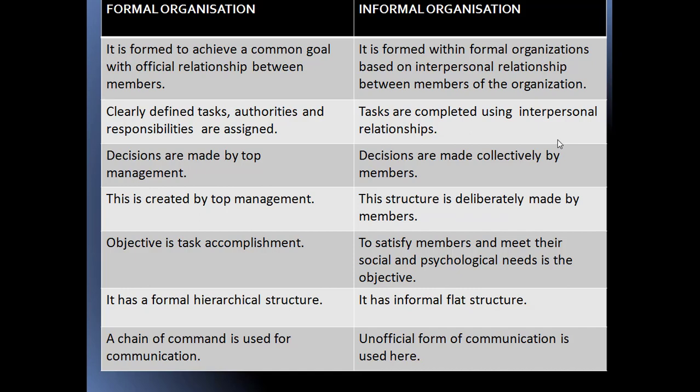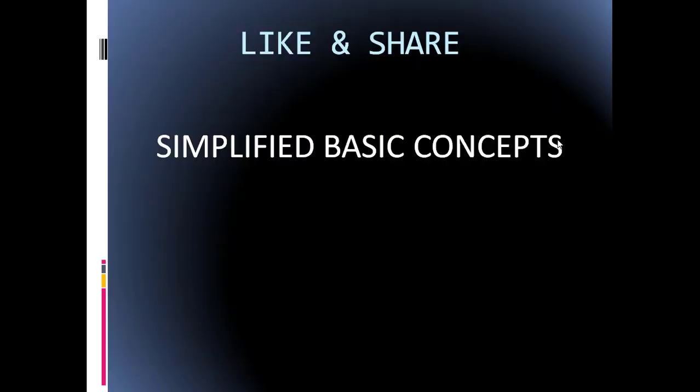Formal organizational structure has hierarchical levels which are shown in its structure, and informal organizational structure has a flat structure because there are no levels or hierarchies in it. A chain of command and unity of command are used for communication in formal organizational structure, whereas informal organizational structure uses unofficial forms of communication. So with this, we come to the end of this topic, which is formal and informal